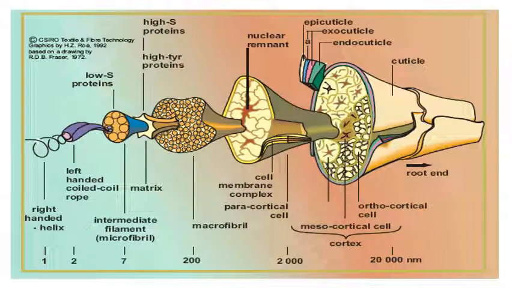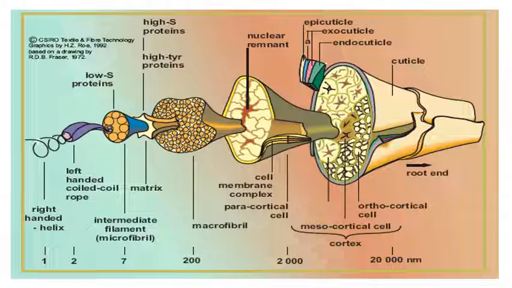So here once again we can see the microstructure of the wool fiber in minute detail, and we are also going to see the diameter at different stages. At the beginning, as we have seen earlier, there is the outside cuticle leading to the root, and then we can see the cortical cells, that is orthocortical. Sometimes there are mesocortical cells, from which we get the paracortical cells, with the cell membrane.